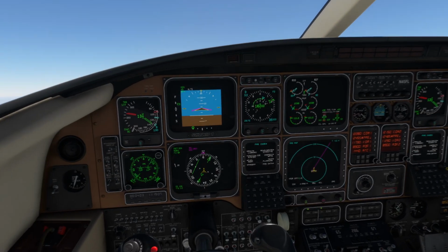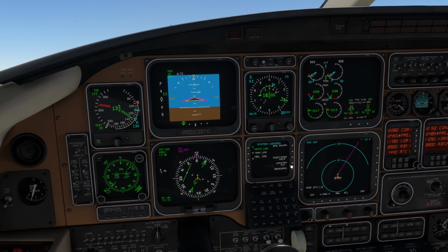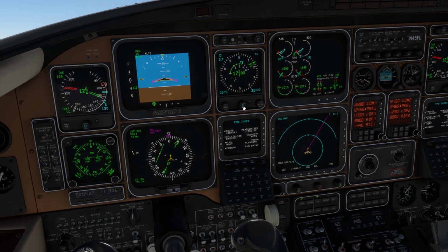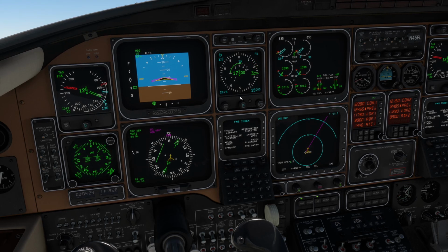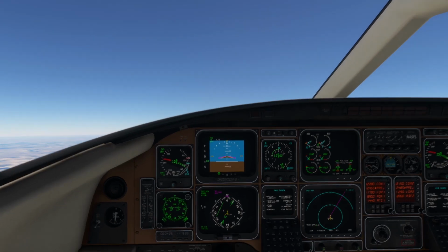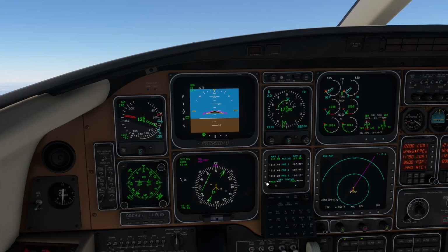With the VLF Omega navigation, which let's double check here. I love checking this out and just seeing the position uncertainty, monitoring that for when we have to do, we don't really have to do native locked in position updates if we don't want to. We can get it to auto update using VOR stations en route. What you do is you go to your nav page here and you just select these to auto, but we're going to leave them on manual for now since obviously we're using it for